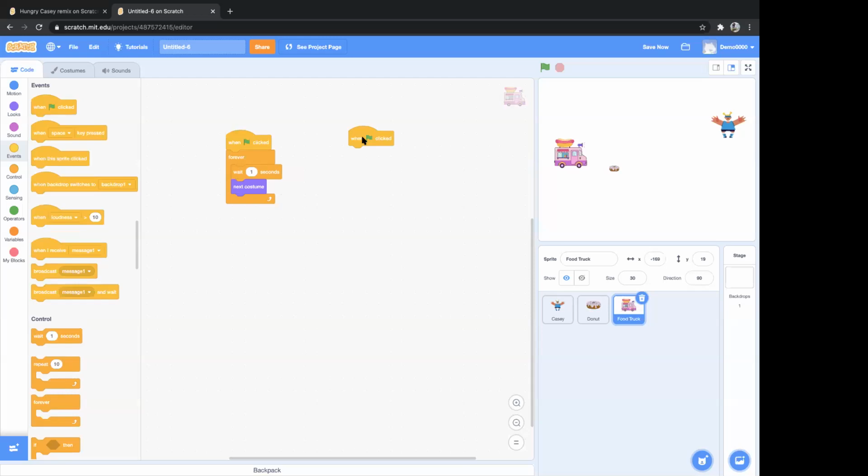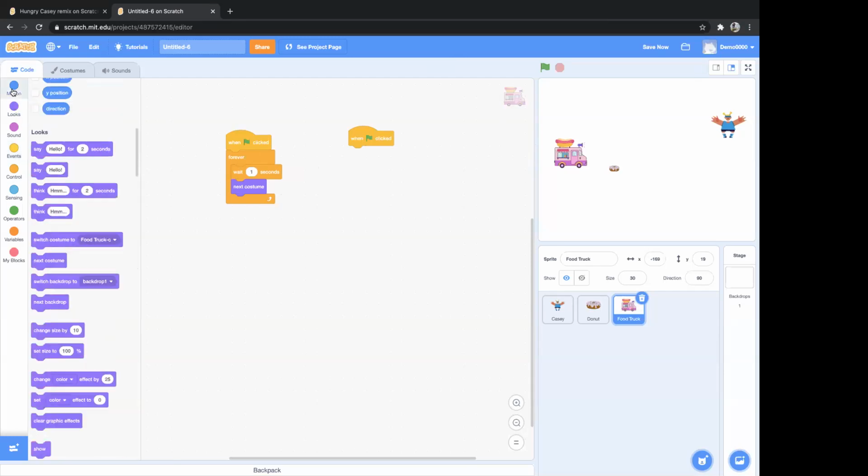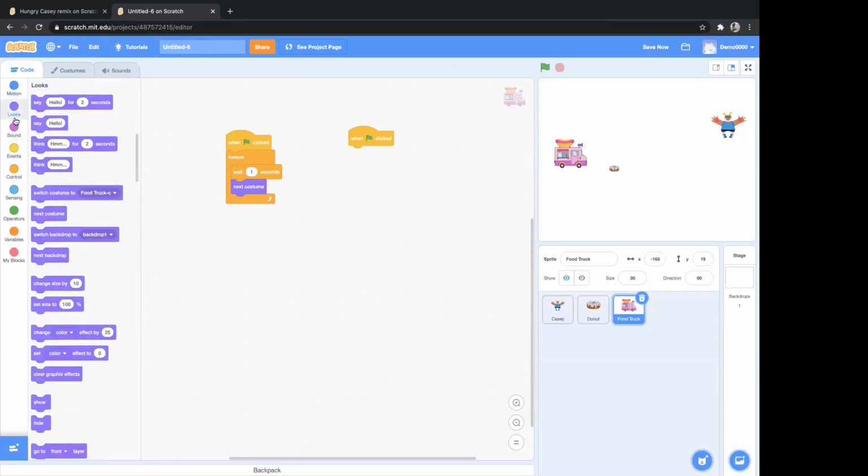Okay, so when green flag is clicked, what we want first, let's set a size. So we will go to looks here, and from the looks let's take this set size to. Now this block is not necessary because anyways we are setting the size from here manually also, but if you want you can take it just to explain it to kids. So let's decrease the set size to, let's make it say 20%. When green flag is clicked, let's set the size to this much.